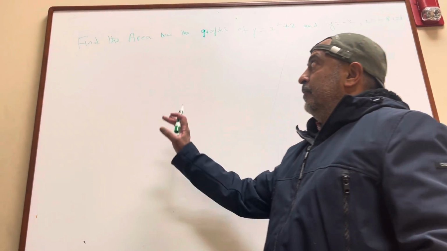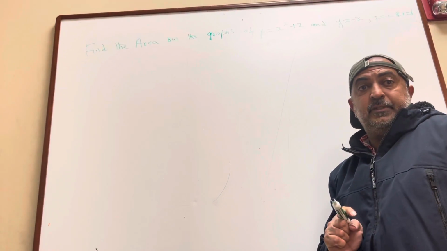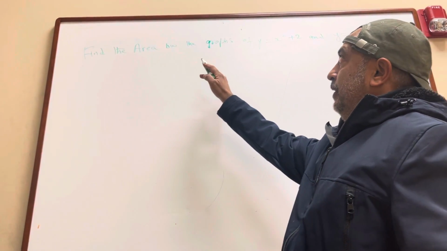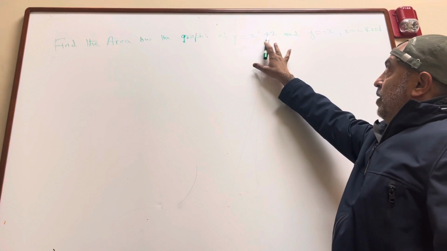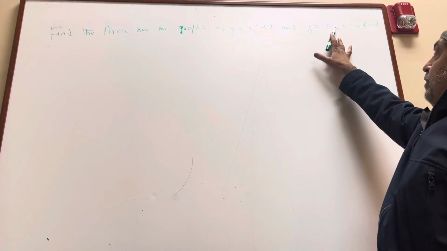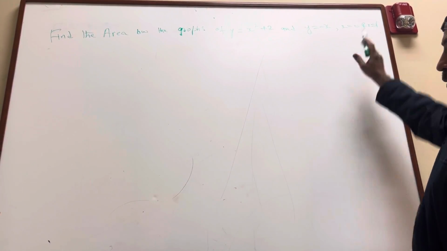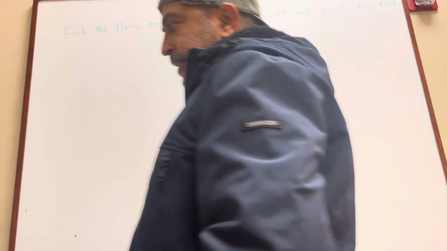Today we will be solving one of the questions which was asked by one of my students. The question is: find the area between the graphs of y is equal to x squared plus 2 and y is equal to minus x. The bounds are given at x equal to 0 and x equal to 1. So in order to find the integral